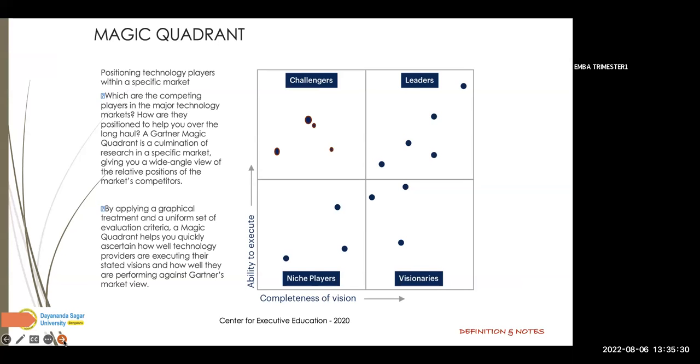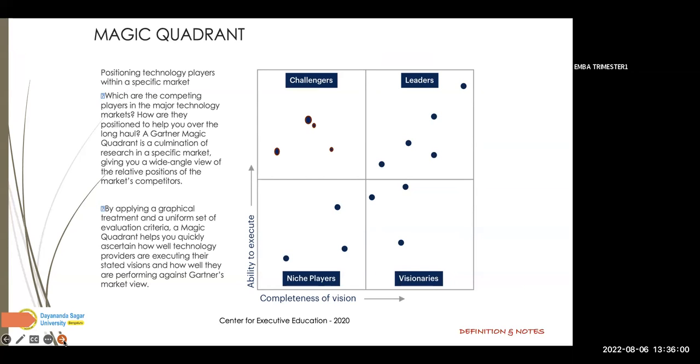Who are leaders? Leaders are those who have completeness of vision. You see, they're very much high on that particular segment or the quadrant. And their ability to execute is great. Now, a leader is somebody who's probably having a large market share or is actually a runaway success. What about